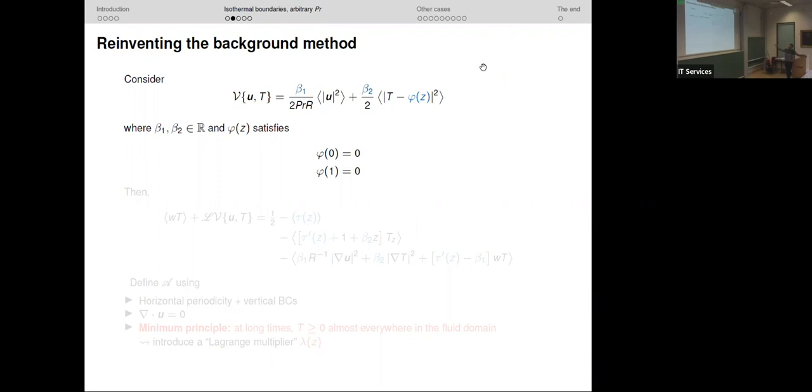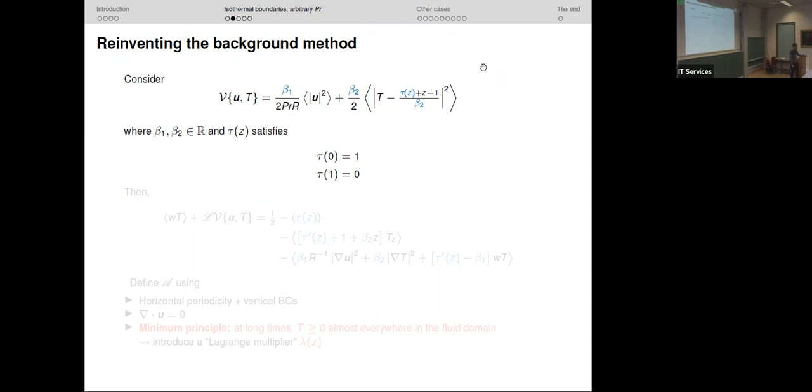Here, I'm going to assume that this temperature profile, phi, satisfies the same isothermal boundary conditions as the flow. But to simplify calculations, I'm going to make a change of variables. And instead of working with this phi, I want to work with the function tau. And so I'm going to express the background field in this particular form. That just makes calculations more convenient. It seems like it doesn't, but if you then go through the motions, hopefully I will convince you that it does. And by doing that, now I'm going to tune this function tau, as well as the constants beta 1 and beta 2, subject to these boundary conditions. I've just modified the boundary conditions such that this whole function here vanishes at the top and bottom. Okay, so now that we have our candidate V,